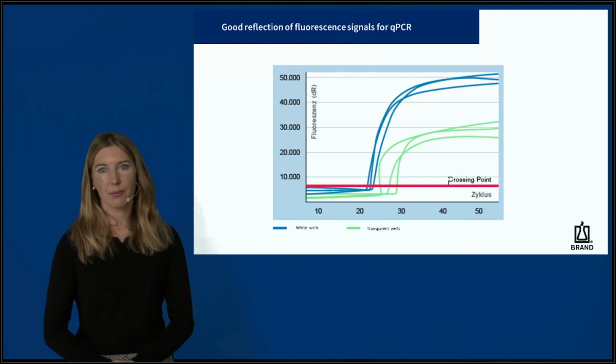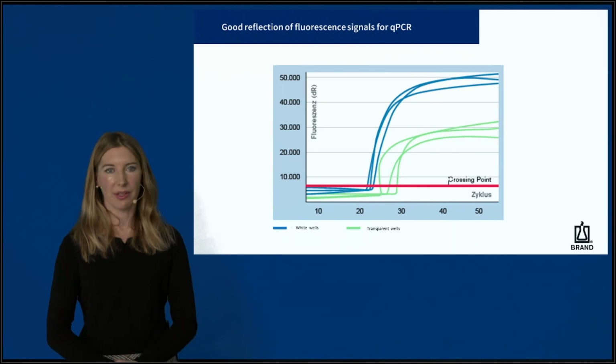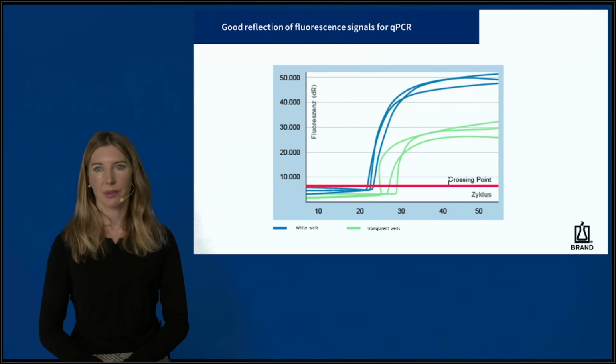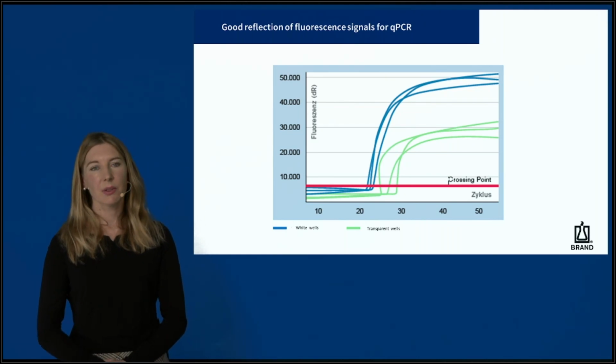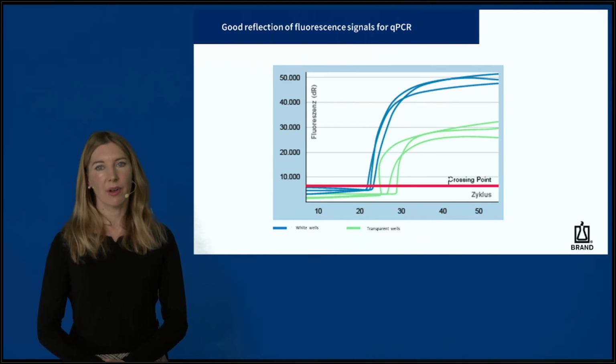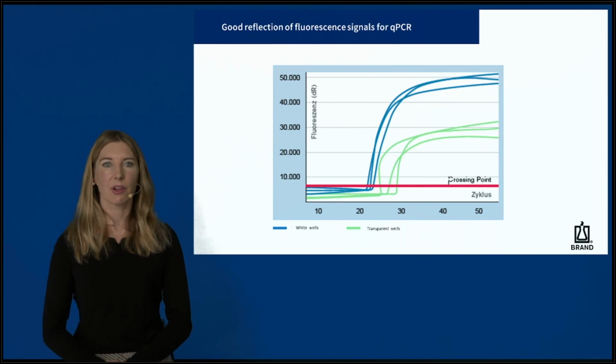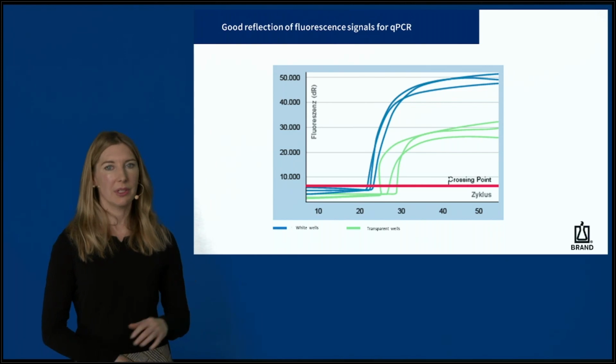White PCR products yield significantly better results in qPCR than transparent vessels. In combination with a smooth surface, the white color ensures optimal reflection of the fluorescence signals. In combination, ultra-transparent sealing or flat caps suitable for qPCR should be used. On this picture, you see the very high fluorescence signal of white wells in blue compared to a significantly lower fluorescence level of transparent wells, here shown in green.